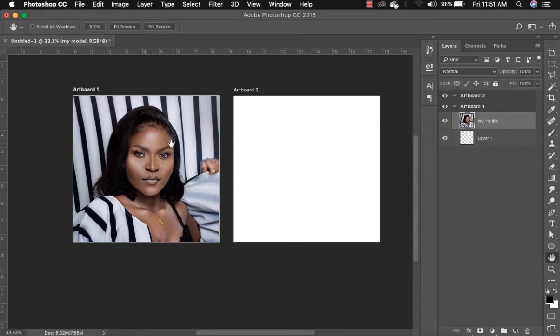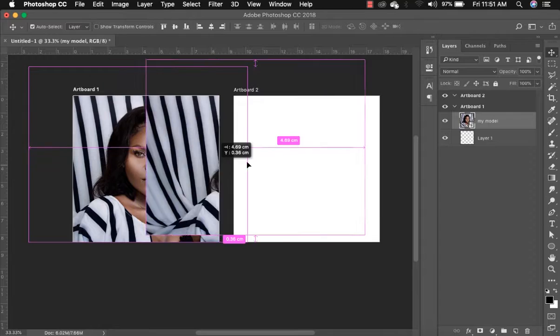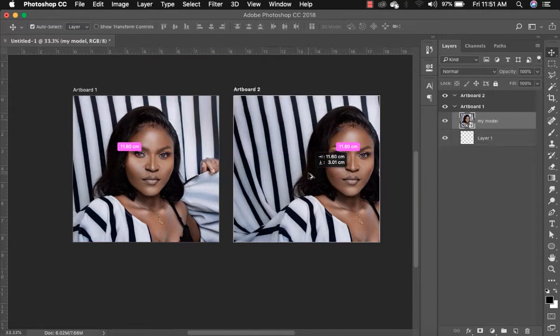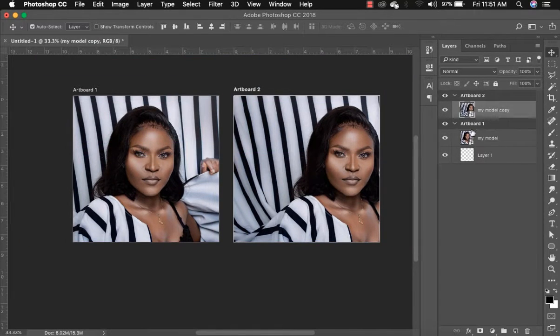To create a lighting effect on the face, what I will do is duplicate this image. Go back to the selection, Artboard, select tool, click on the image, press down Alt or Option on your keyboard, click and drag over to the second canvas. On our layers, we have Artboard 1, Artboard 2. So Artboard 1 will be our reference point to see how the original image looks,